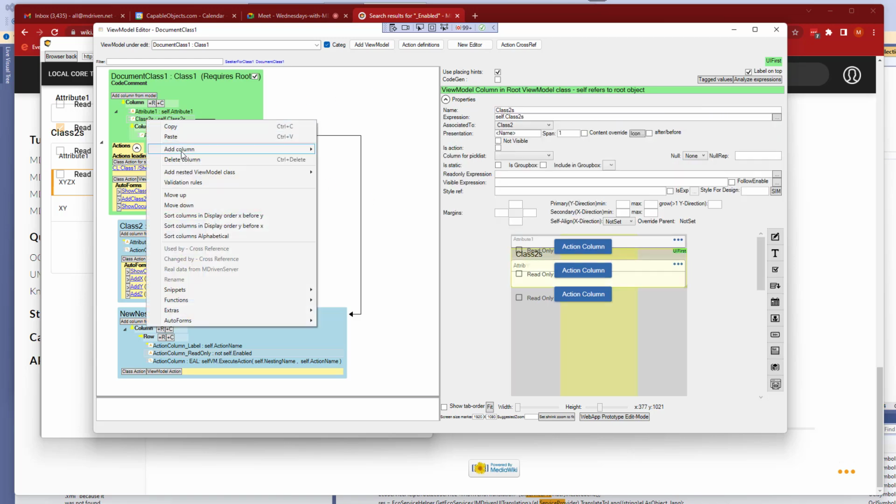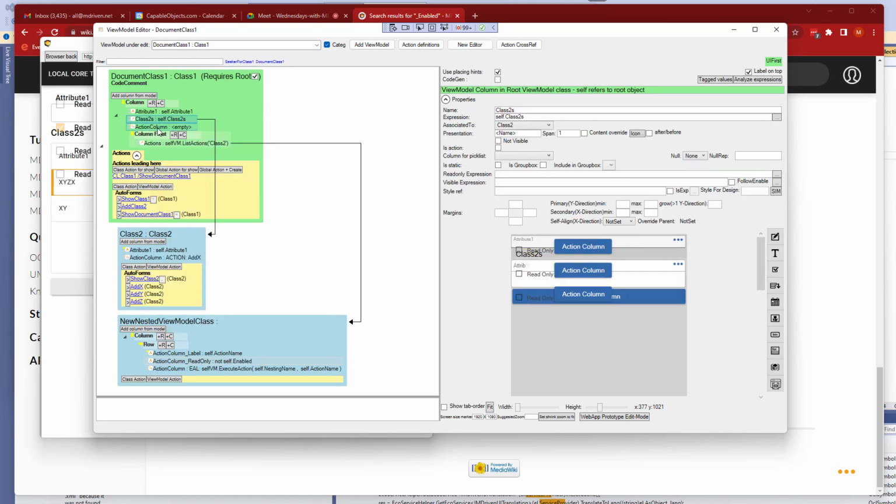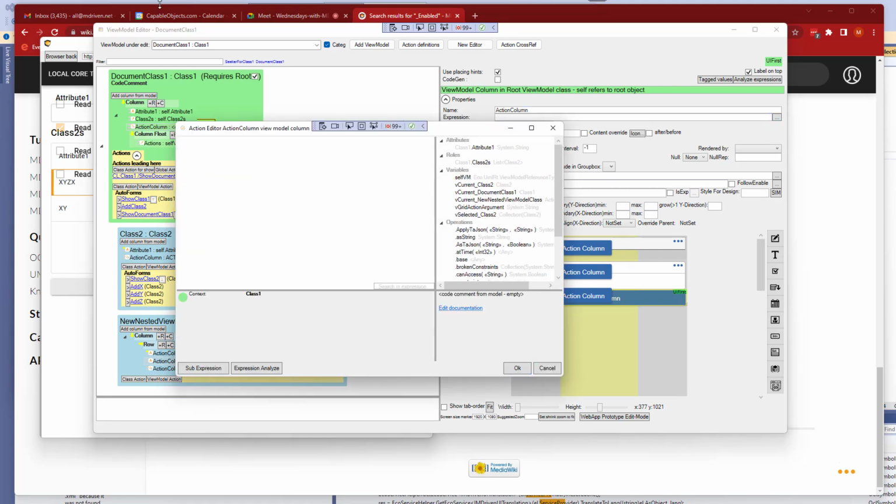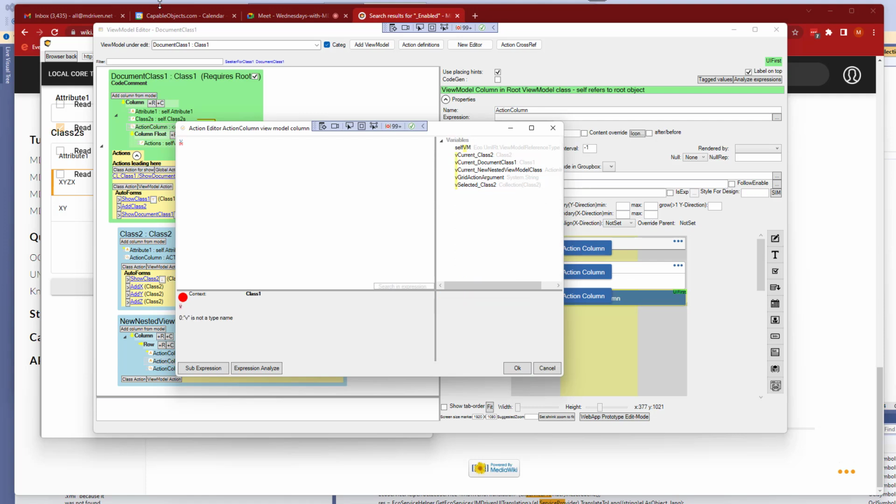Just gonna add an action column that says show actions. I'm just gonna invert it when I click this,